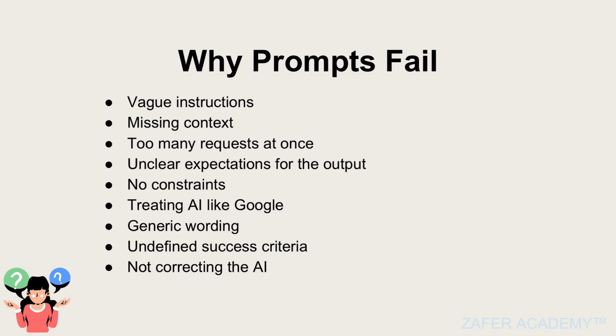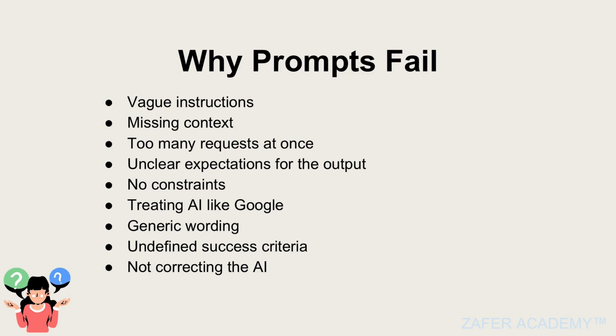And then we are having undefined success criteria. By which, what are you looking for actually, right? Which thing would need to be done for AI to know that it has achieved its goal, the goal of the prompt which you wrote, right? So which score basically needs to be attained, or what is the output you're looking for? So when you don't have any success criteria in your prompt, your prompt is not gonna get you where you want it to get you.